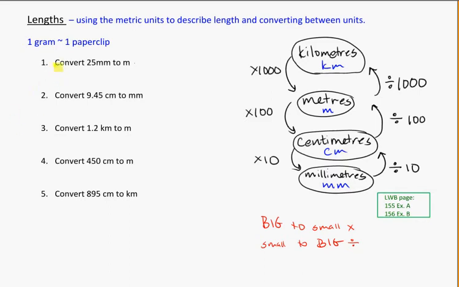So if we look at doing a few of these measurements, if I'm going to convert 25 millimeters to meters, millimeters to meters means I have to go up twice on the scale, and I want to think about this. I'm going from little to big, so I need to be doing a divide, and here I have to go through it twice. So you can keep it simple like this and do 25 divided by 10 and then divided by 100. Make sure you put them all in there, and you should have 0.025